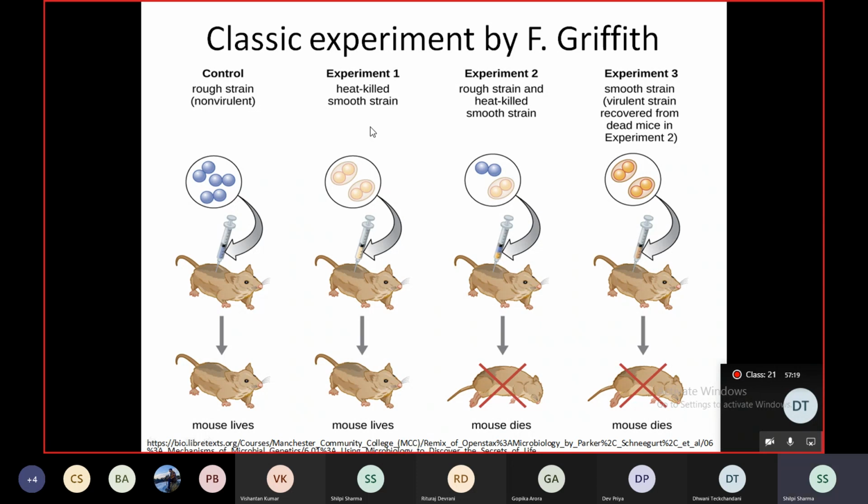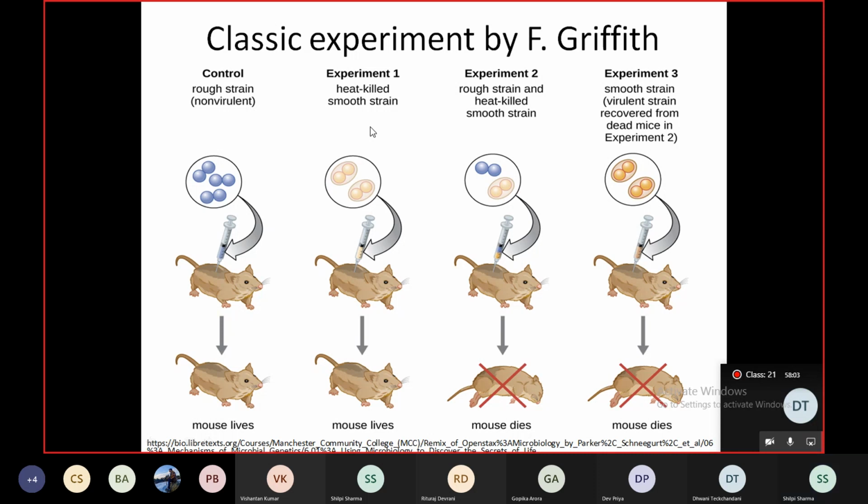When he analyzed the effects of live R cells, live S cells, and heat-killed S cells of pneumonia on live mice: when mice were injected with live S strain, it is understandable that the mice would die. When he injected the mice with live R strain or heat-killed S strain, either of the two, the mice survived, because like I said, R is not pathogenic, and if it's heat-killed S strain, it did not survive at all. But when he injected the mice with a mixture of live R strain